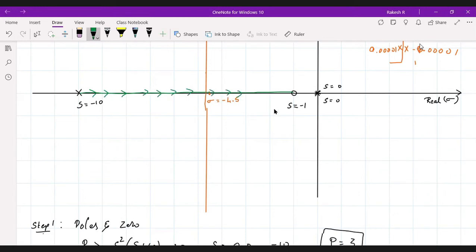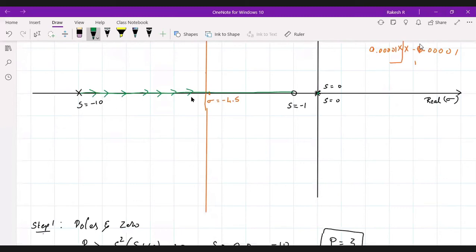Right, like this, it might be in this direction or in another direction. So we shall not plot that one now. In between here we have the root locus. Here the root locus is starting, and it is coming like this. Right. This is what the root locus plot is.